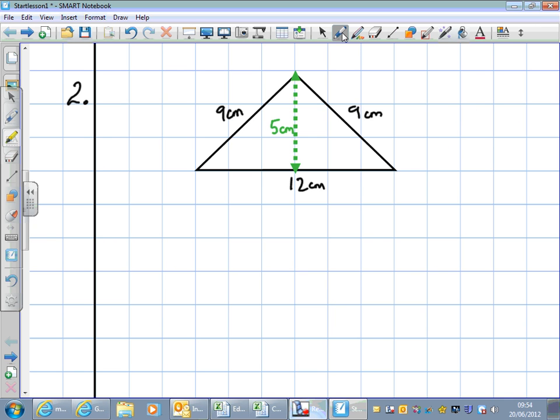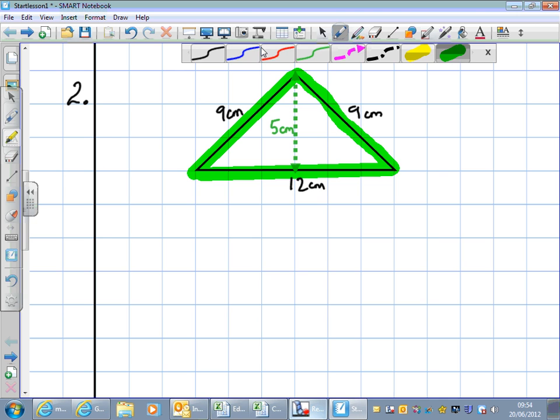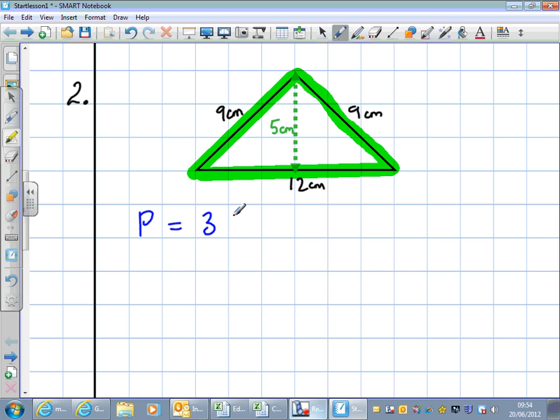Right, just a reminder again, first we find the perimeter. That's the distance round. So it's 9 centimeters, add 9 is 18, add 12 centimeters gives us the distance around the shape, the perimeter, is 30 centimeters. Now, to find the area, it's the amount of space within the shape,